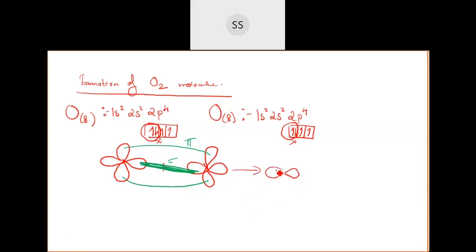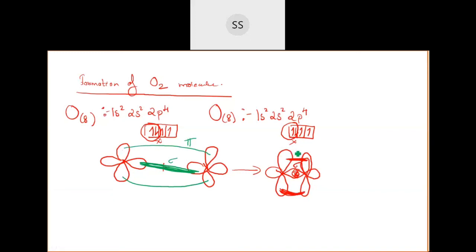If I have to combine and show you together, see when they fuse together, one orbital which has an unpaired electron on the axis combined with a half-filled orbital on the axis itself. So this led to formation of the sigma bond. And the other one which was perpendicular, these will fuse together. You can just show it like this only. So this leads to formation of pi bond.